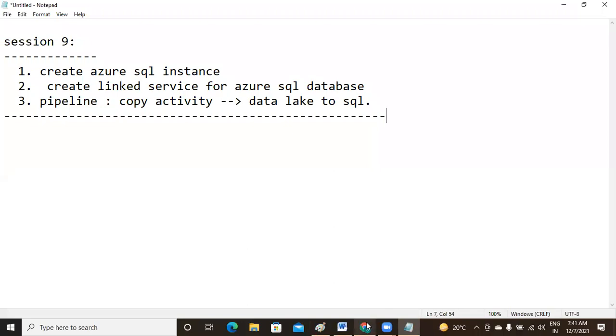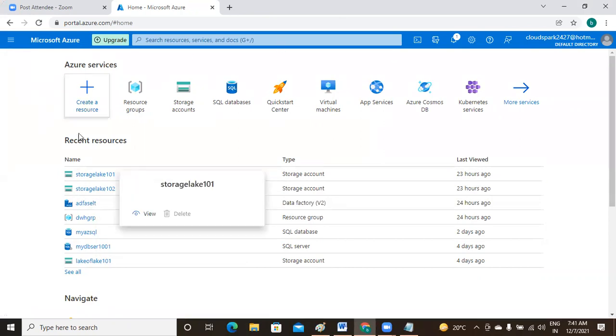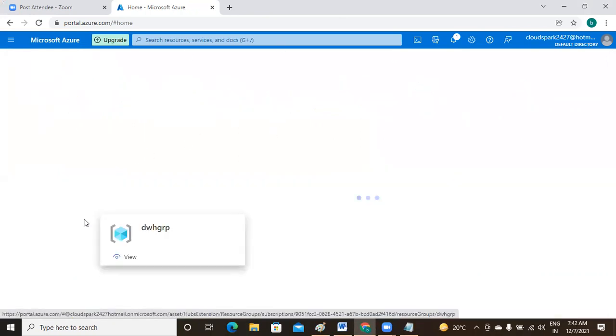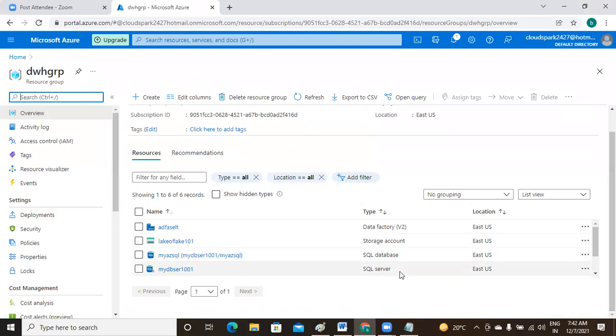Here already I logged into Azure portal, sir. And I have my resource group, DWHGRP. So here already we created one SQL database previously. Okay, for now we are going with a fresh database.